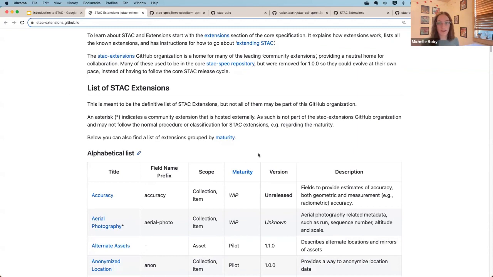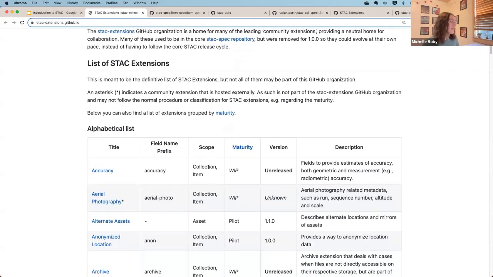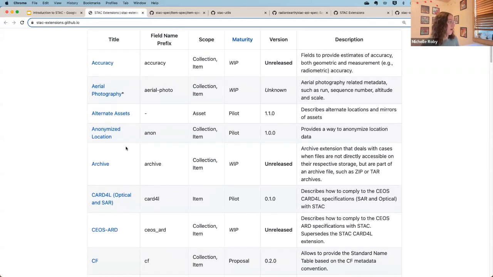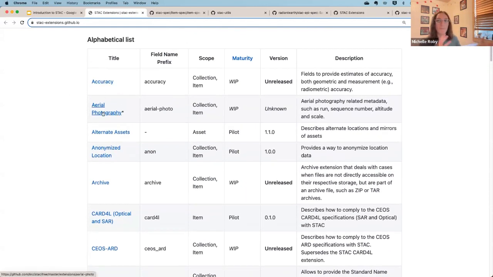Depending on the data that you're working with, if you find a data set that you're interested in that has an extension and you don't know what that means, you can go to this table and find it and understand it. It has all of these with links to more information about that specific extension, along with its name that it's used throughout.